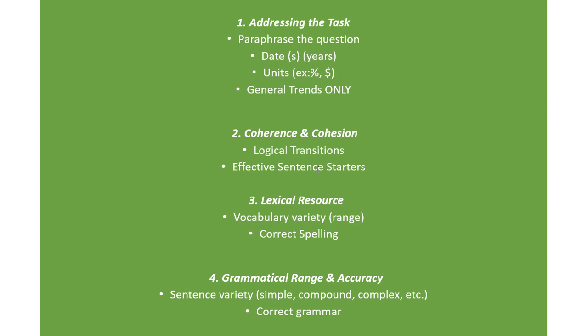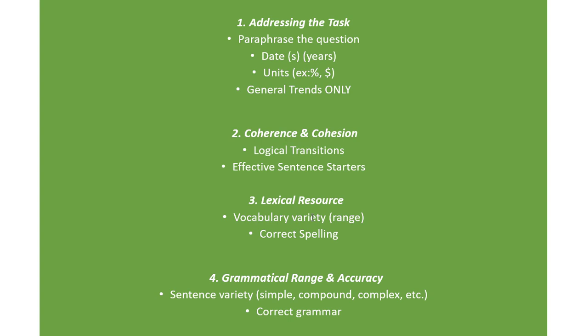So you guys can look through those words, practice writing a lot, and then it will just stay in your mind. Lexical resource, vocabulary variety, range, correct spelling. Right? You want to have correct spelling in the words. If it's a minor mistake, like once or twice, it won't affect your band. But if you're constantly having spelling mistakes in easy words, that doesn't give off a good impression to the teacher, to the examiner, which is why it's super important that you check your work, because when you do read it, you would have found those mistakes that could have gotten you a higher mark.